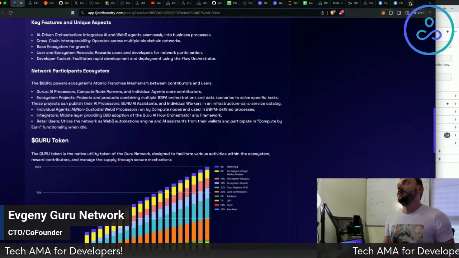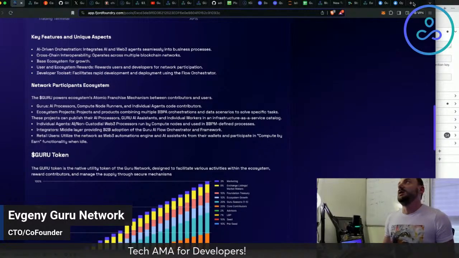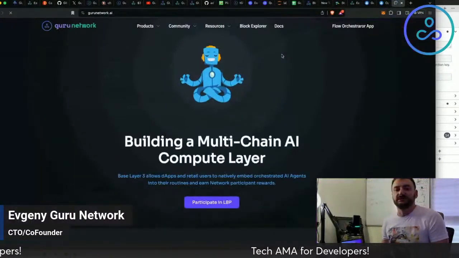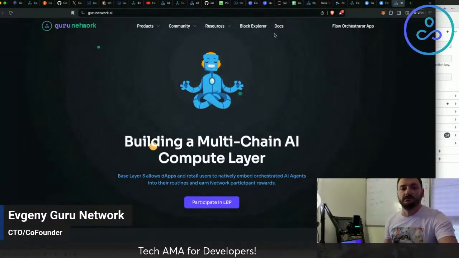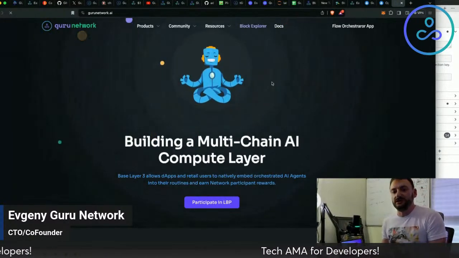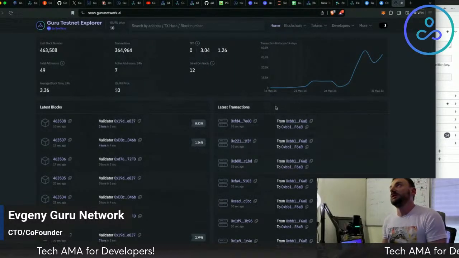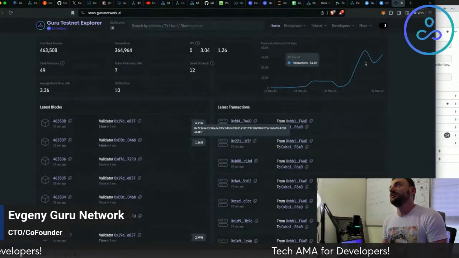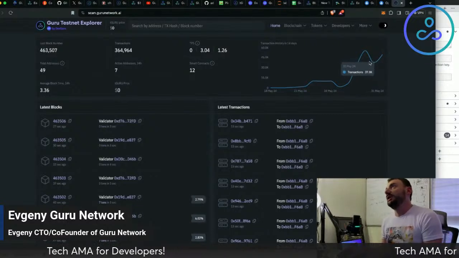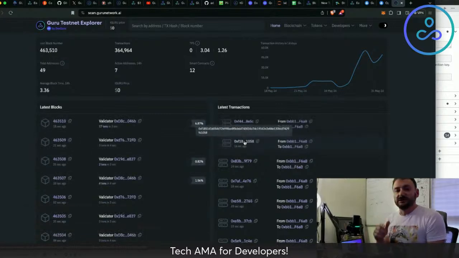Speaking about Guru network, what represents Guru network better than Block Explorer and how to find it? You can always find it by going to gurunetwork.ai, and there is a link at the very top to Block Explorer, and in Block Explorer you see actual transactions and everything happening, and in most of those transactions you see the spikes there. Those are related to our Guru V2 launch, and that our orchestration nodes are using Guru network as a synchronization layer